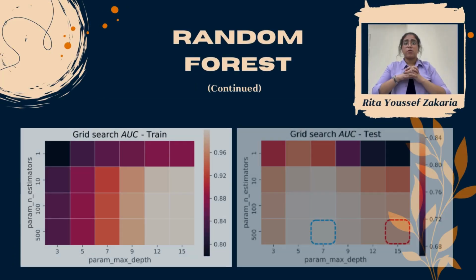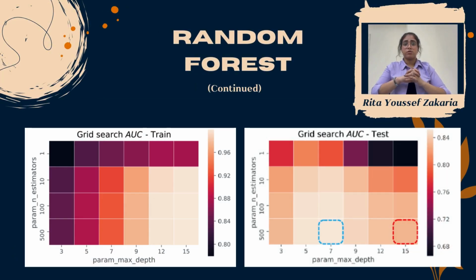In this study, the combinations of parameters were tested using grid search with 4 alternatives for the number of estimators and 6 choices for the maximum depth. The evaluation metric used to evaluate the model results is the AUC score. The optimal model is found at the number of estimators equal to 500 and the maximum depth equal to 7 levels, which is highlighted in the graph by the blue dashed line. The best random forest model for French clients got an AUC score of 0.85, while the baseline model for the same classifier with the default parameters got an AUC of 0.82.